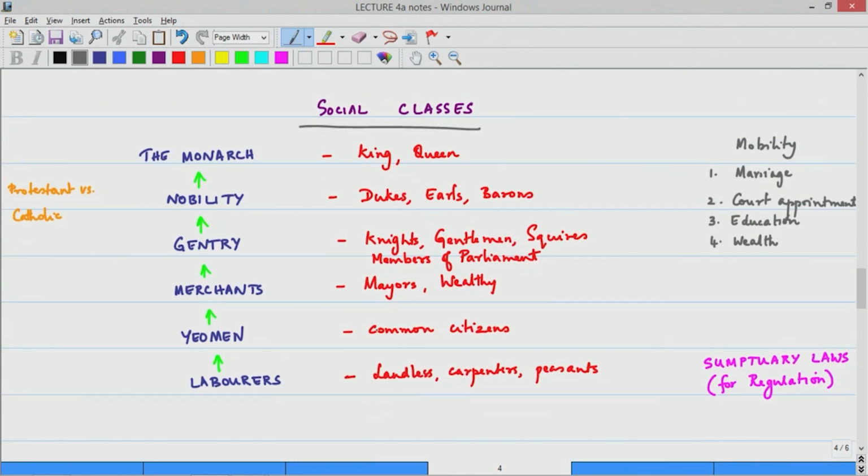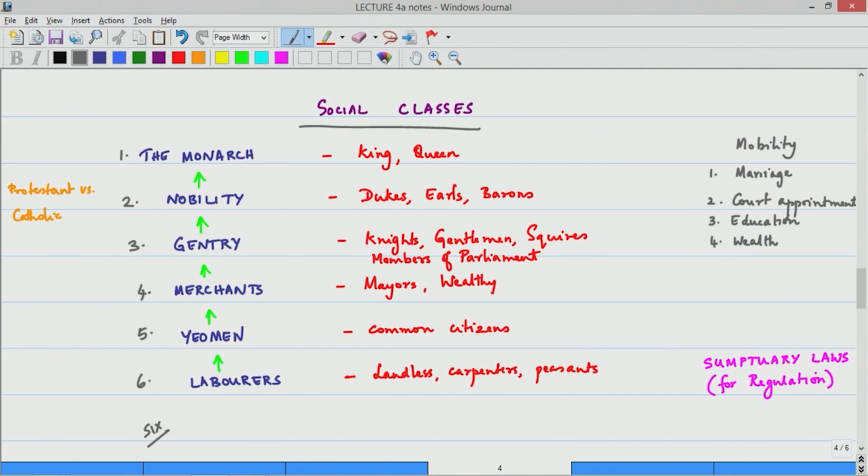In the social pyramid, if you could call that, we had the monarch at the top, followed by the nobility, the gentry, merchants, yeomen, labourers. So, altogether there were 6 social classes in Britain during this time, during the Elizabethan time. Things have changed drastically from then on, with an increasing sense of social mobility, which we would see how and